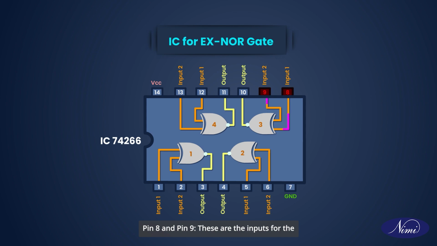Pin 8 and pin 9. These are the inputs for the third XNOR gate in the IC, and its output can be found at pin 10. Pin 12 and pin 13. They function as inputs to the fourth XNOR gate with the output provided at pin 11. Pin 7. This is the ground pin. It is connected to the negative side of the power supply. Pin 14. This is the VCC or power supply pin. It is connected to the positive side of the power supply, typically plus 5 volt for TTL ICs like the